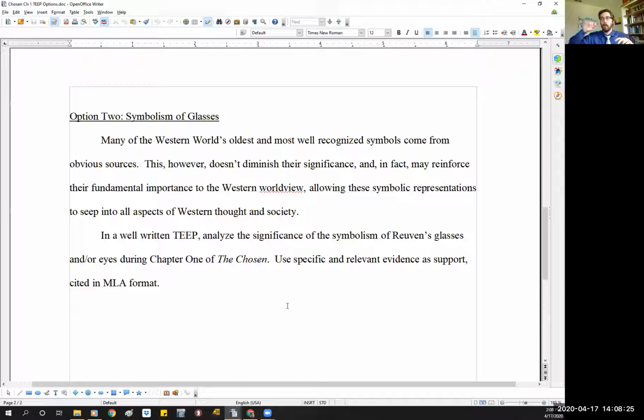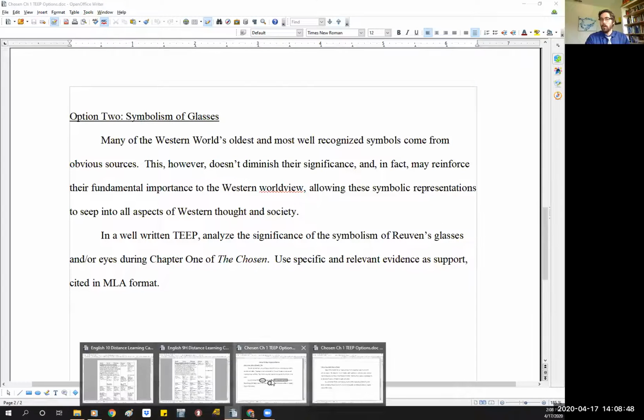Is this what am I supposed to do? How am I supposed to do it? Purpose, explanation, all those kinds of things. When you're attacking it from a slightly different angle, that can allow your brain to understand what you're being asked to do in a different way, in a way that can help you generate ideas. So I definitely recommend doing the taking apart of prompt steps, even when they're not points.